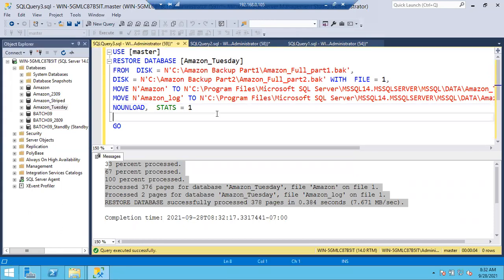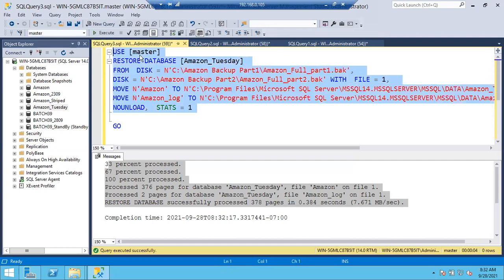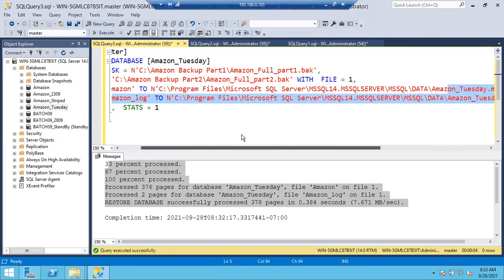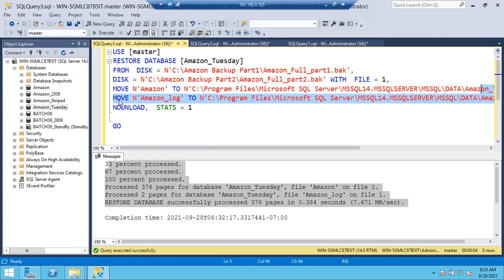So in this way, this is the query to restore the database, guys. Restore database, new name. You can give the backup file. How many backup files are there? You have to give from disk equal to, and then you have to give the with move option. Then you can see the move option files. How many files are there? I have only one data file and one log file. If I have multiple data files like NDF files, you need a move option for each file. If you have 10 files, you give move for each. So this is the query to restore the database.